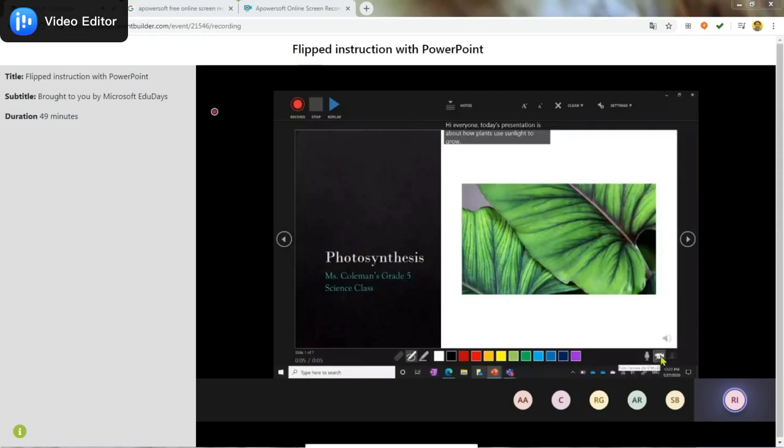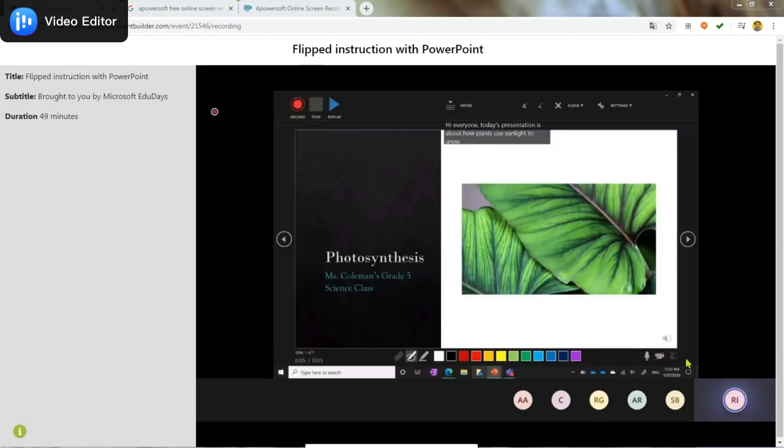So I'll just go ahead and try that again. But what should appear, and I'm not sure why it's not at the moment, is a small square in the bottom right with your face. So that's an option for you to turn it on or turn it off. And it might be because I'm actually also in a Teams meeting right now that it's not showing up. So that's for you. Let's go ahead and give this a try.